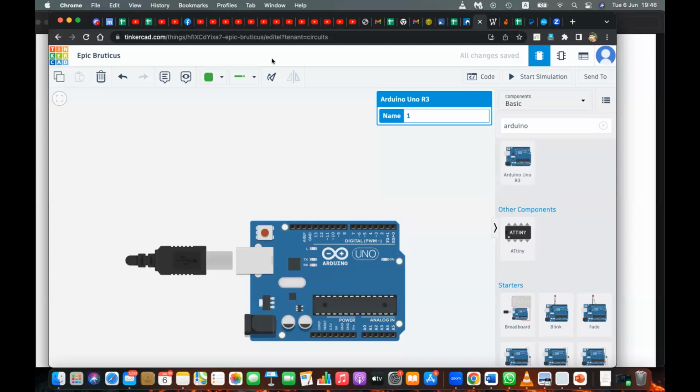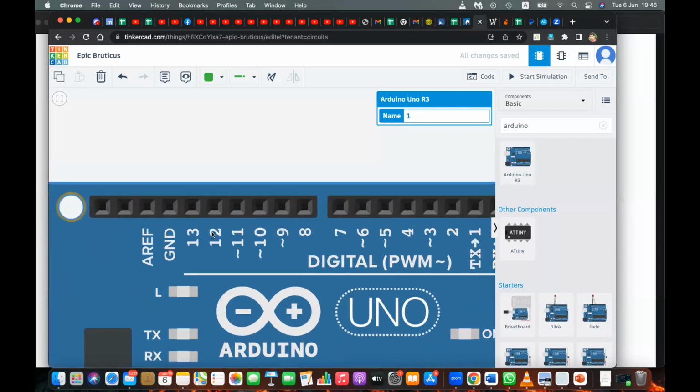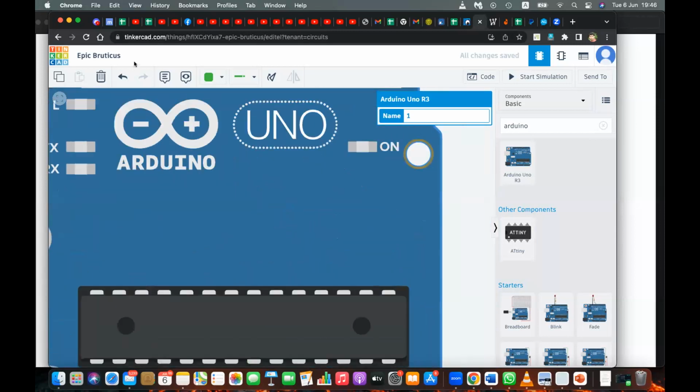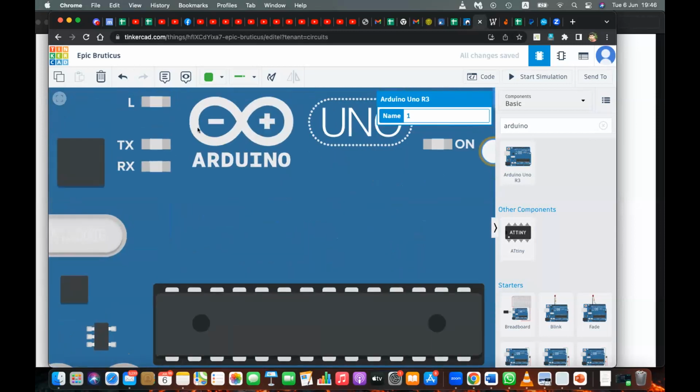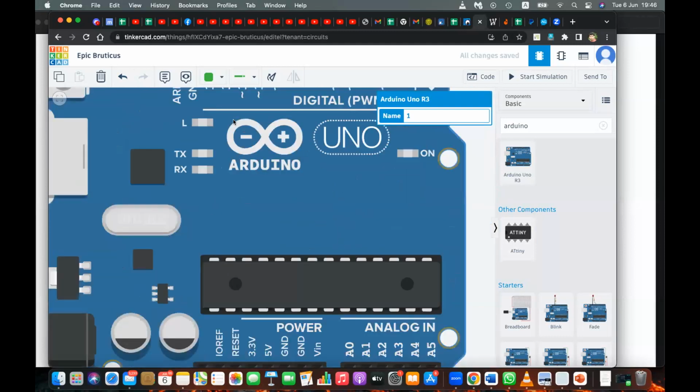Okay. Let's identify what they are. You can see these are the ports, the pins that you can connect. Then you can see the GND, which is ground. Then you have the digital pins 0 to 13, and some analog pins also, A0, A1, A2, up to A5.